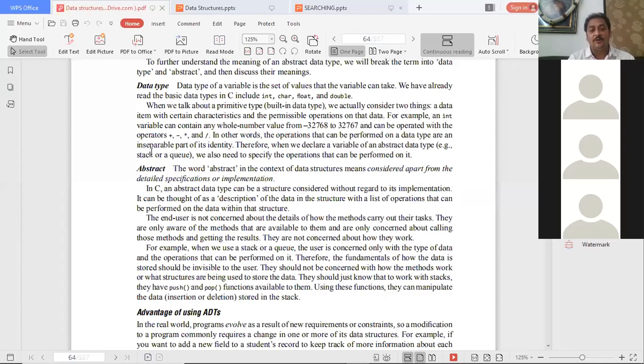What are the different operations? We had a good number of operations like push, pop and display. For each and every operation, we have some function. What is a function? We are supposed to tell within the function what kind of operation is to be performed once that function is called.